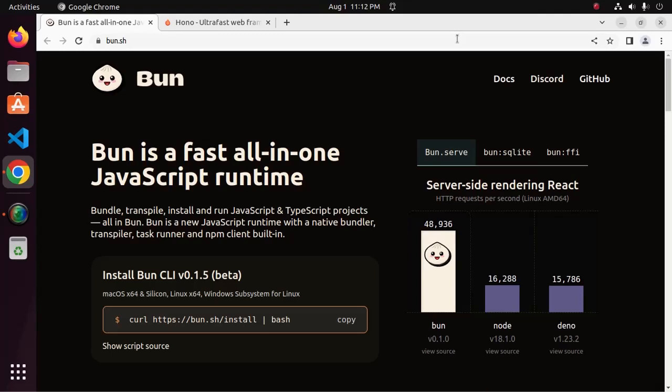In this course, we are going to build a simple API CRUD application with Bun.js, Hono.js and SQLite database by